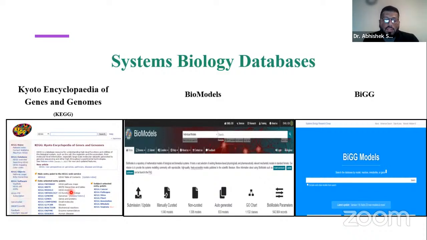So next is the BiGG database. BiGG database is the database for biochemistry, genes, and genomes. It contains various genome scale models, mostly the models that are created by constraint-based modeling and kinetic modeling. Mostly constraint-based modeling, where we generate genome scale metabolic models. Genome-based model reconstructions can be found in the BiGG database.